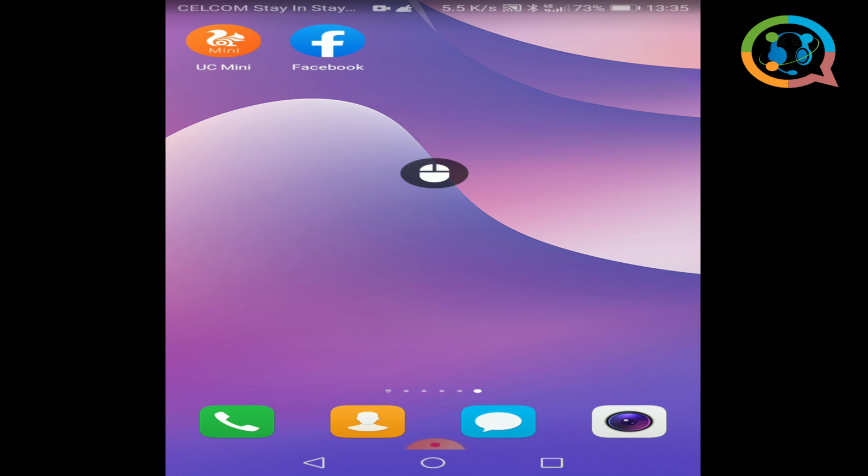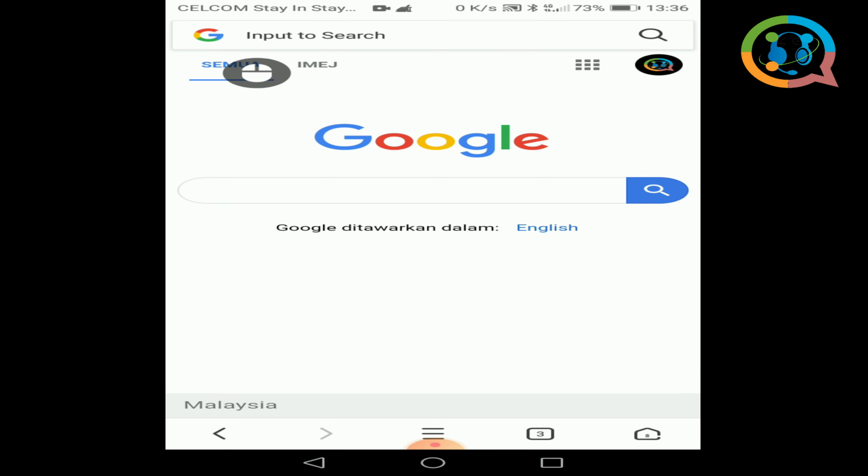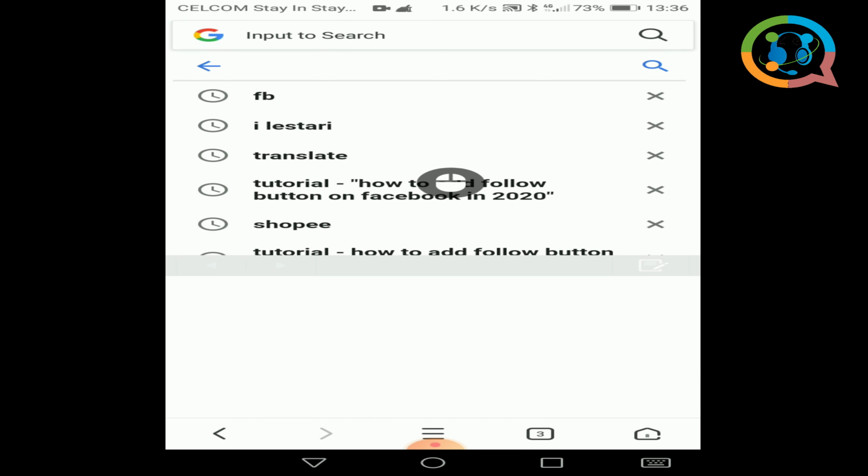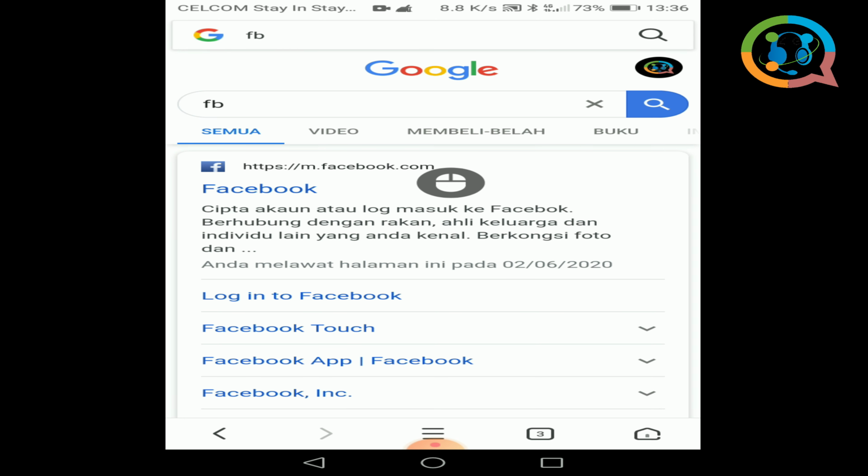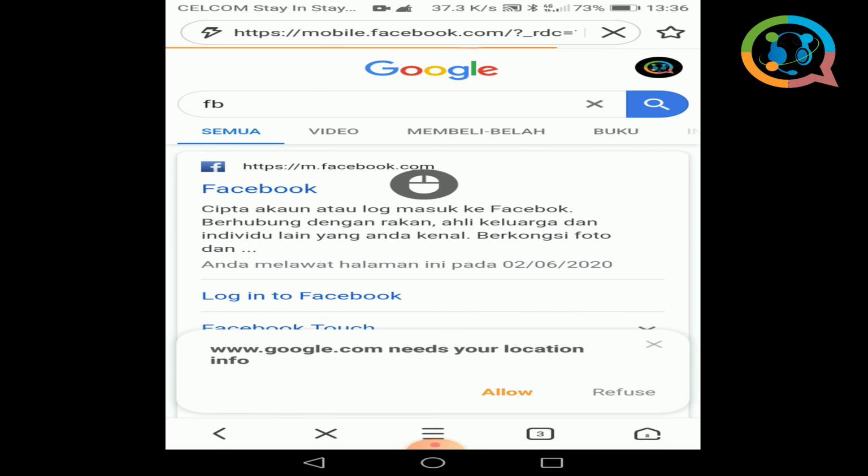Okay, let's get to it. If you want to change your title, you do not need to access this FB app. So you need to go to your browser, click your browser, type FB, log in to your FB,